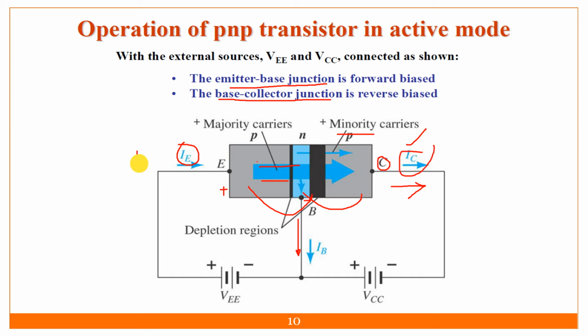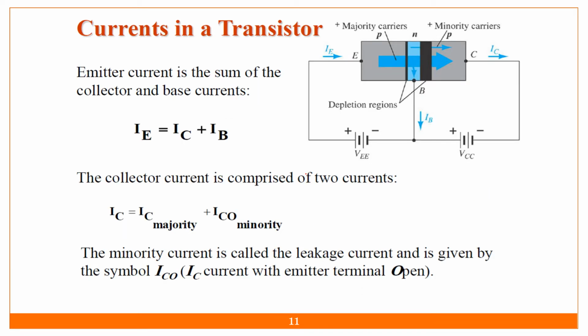Suppose 10 milliamperes is coming over here. So 8 milliamperes is going like this, and IB is my 2 milliamperes over here. I'm writing with the mouse, so it is difficult to draw. So like this will happen over here. Okay, so current in the transistor, we have discussed this thing. You know that IE is equal to IB plus IC over here.